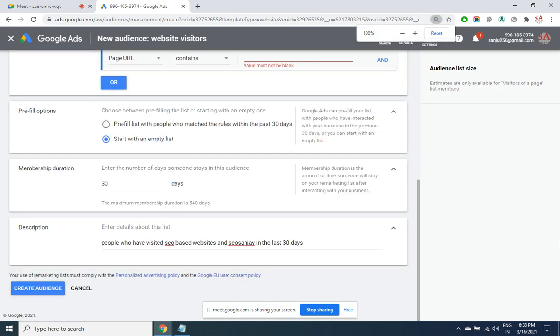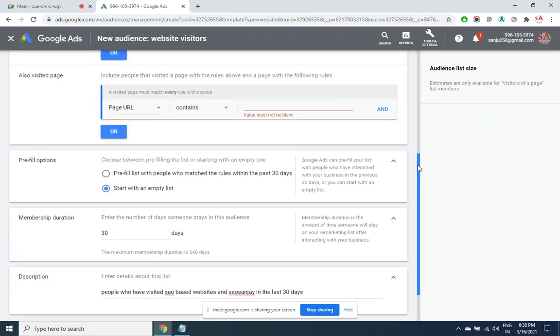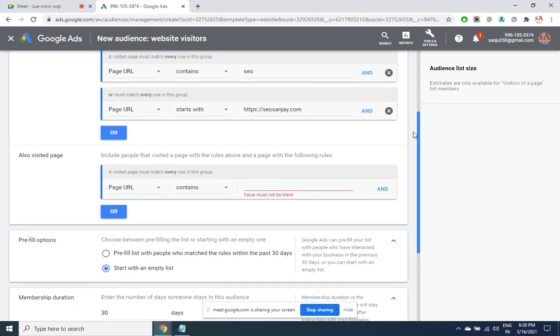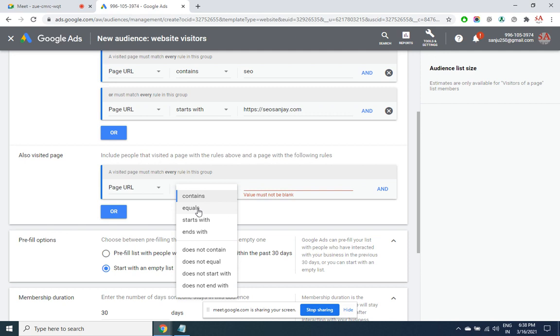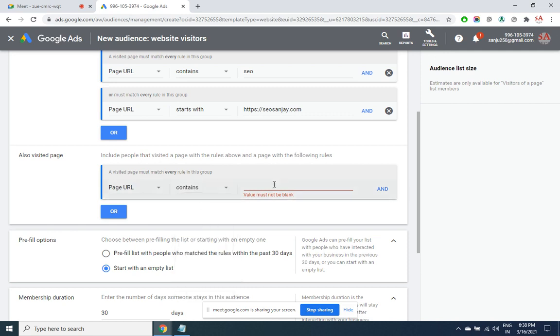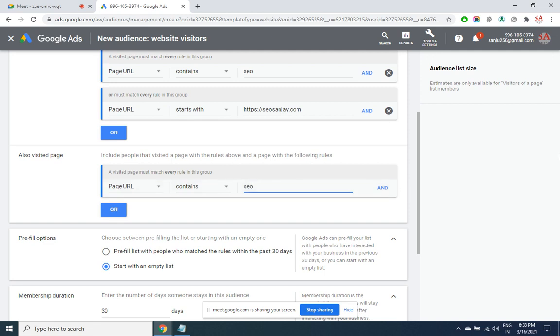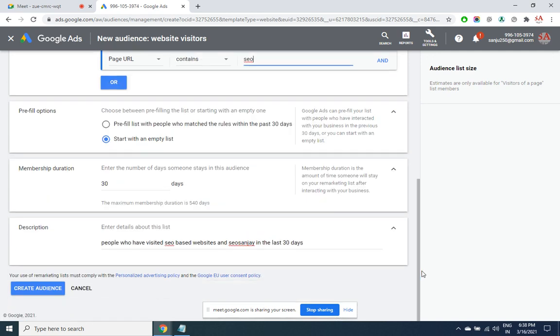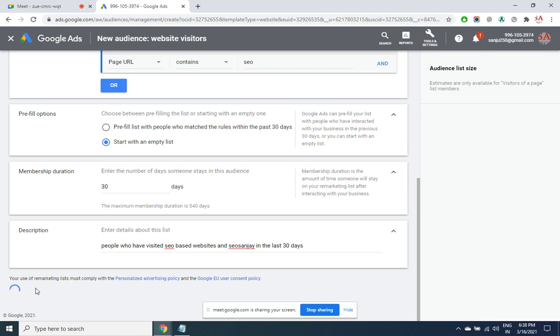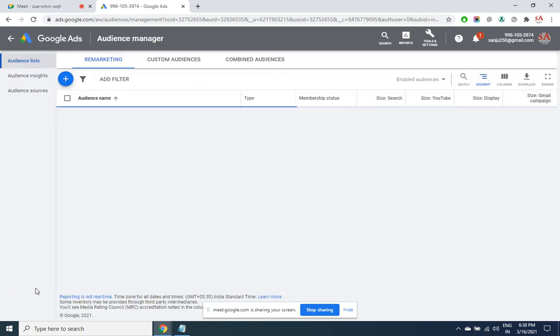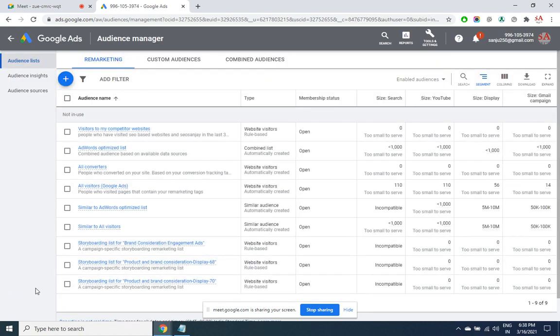Something we have missed here. The audience is created. So these audiences will be shown while that you are creating a campaign.